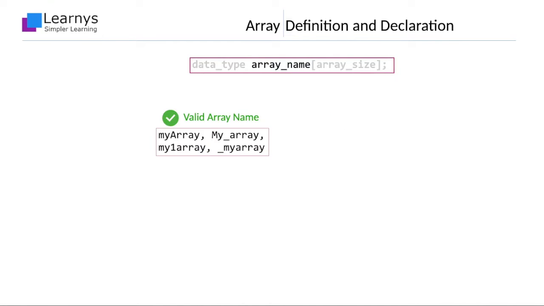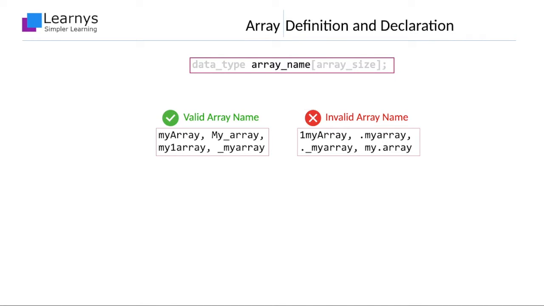The name of the array follows the established conventions and rules applicable to identifier naming. Identifier naming conventions and rules have already been discussed in an earlier video. For example, these names are perfectly legal array names, and these names will not pass even the compilation stage.